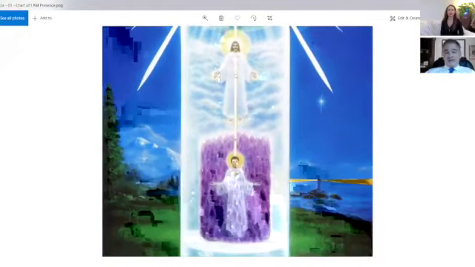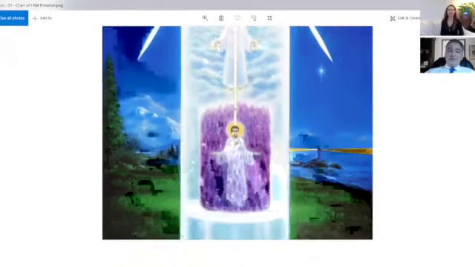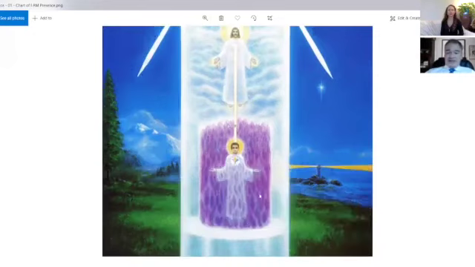And we follow this light, this source energy, down into the planes of matter. And here we have the physical body, the body temple, and the energy is coming in. And this is the energy that is the energy of life. It's what sustains us. It is the actual life force. It's the source. And it enters through the top of the head and it anchors